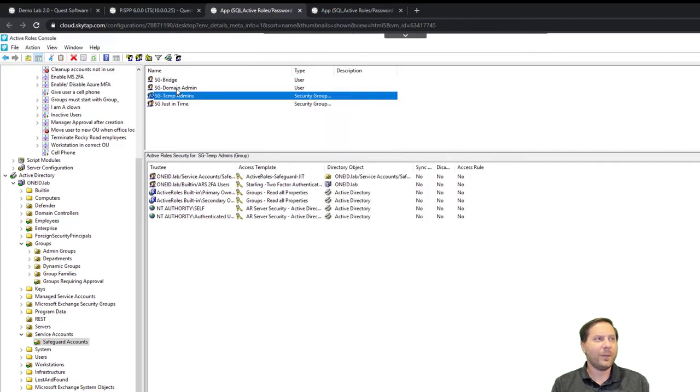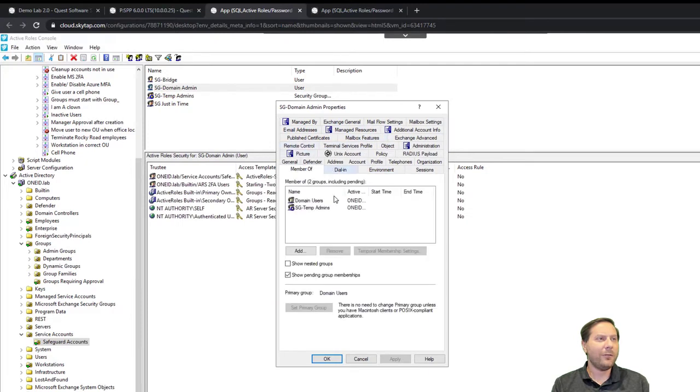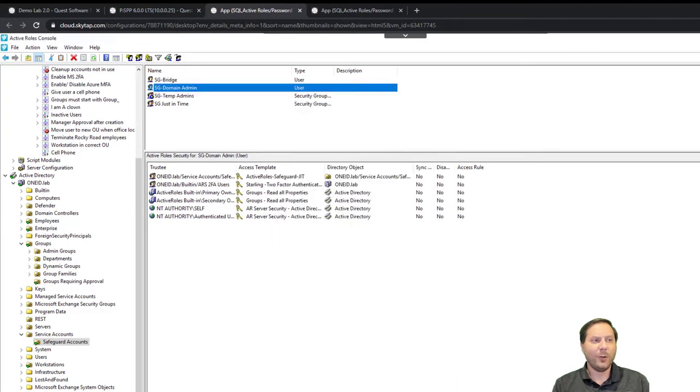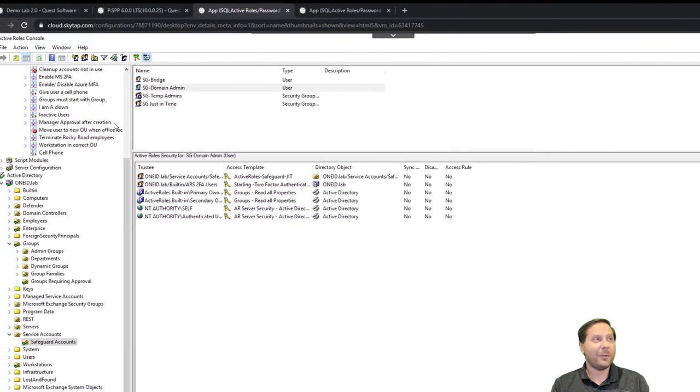And as we know, if I open up this user now, and I go and look at member of, then I can see they're a member of domain admins, and if I show nested groups, and we scroll down here, we see what we really care about, which is that user is a domain admin. Okay, so I go and I do my work, and I check it back in. You'll see that it's going from available, and it's now gone, and it's checked back in. And we could do obviously everything else in Safeguard that we need to do, but that's not a discussion for today. Today we want to see what actually happens.